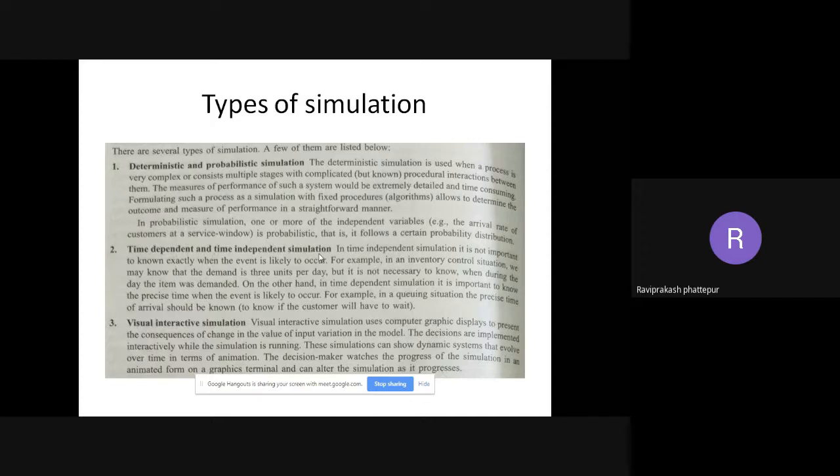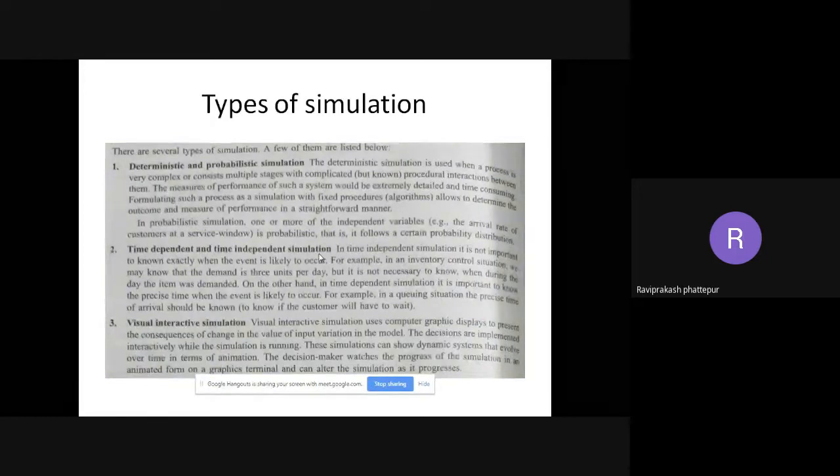So you can come after 1 hour or 1 hour 15 minutes. So if your turn is there, we'll allow you, or you need to wait for another 10 15 minutes. So that is the time independent and the time dependent simulation. Then visual interactive simulation. So I was talking about the initial, where you could see on the TV, for